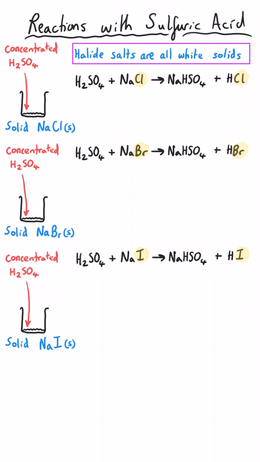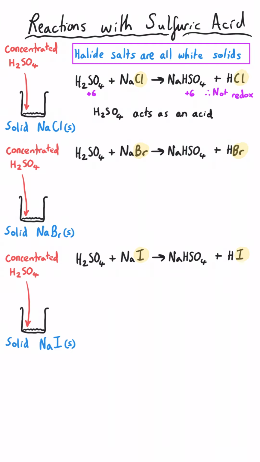This isn't a redox reaction, and we can prove that by showing that the sulfuric acid contains sulfur with an oxidation state of +6 at the beginning, because hydrogen is +1, +1, and then -2, -2, -2, -2 from those 4 oxygens, so the sulfur must be +6. And then we've got the exact same situation for the sulfur in the products. The only difference is that the positives are coming from 1 sodium and 1 hydrogen this time, but they're both +1 each. So this isn't redox, the sulfur has not changed its oxidation state. And so in this instance, the sulfuric acid is just simply acting as an acid and donating a proton to